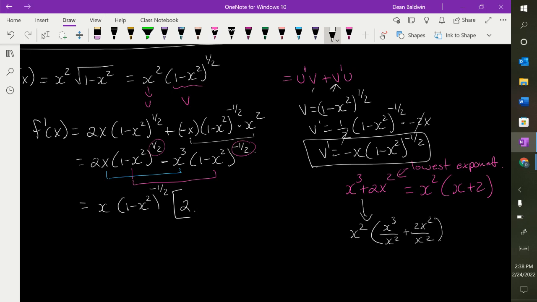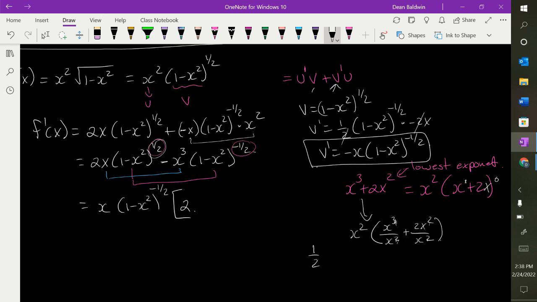Okay? Which means you're subtracting the exponents. 3 minus 2 gives me power of 1 there. 2 minus 2 gives me power of 0, so I could write x to the 0, but nobody does. So that's what you have to do over here. Off to the side or in your head, just take the exponents and go